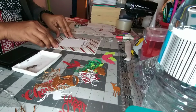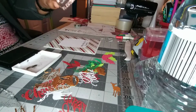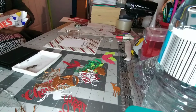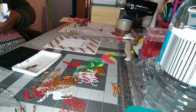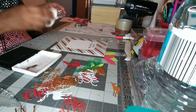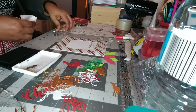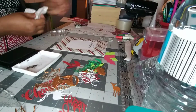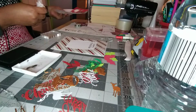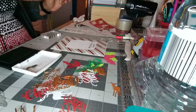And then let's go ahead and see how it would look if we use the Christmas tree. Now, it's always good to have some baby wipes around. That's what I use basically to take out the ink. So I'm just gonna dab it off a little bit, just take out that extra ink here. And then I am going to, let's see, is this Christmas tree? Yes, that'll fit. I'm just making sure that the Christmas tree is tall enough